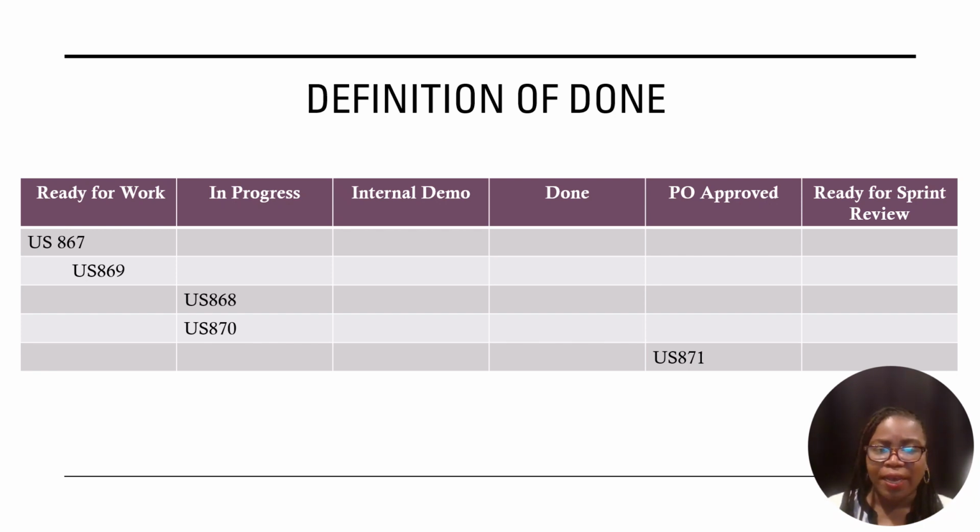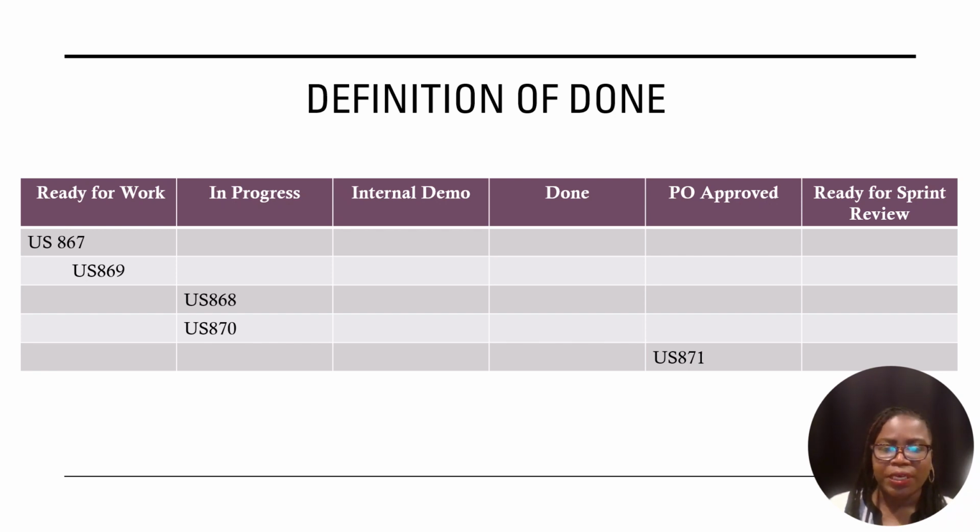So ready for work items were moved to in progress when all of the elements of a user story were included in Jira. And then this in progress step is where those definition of done elements show up, like maybe it's in code review or maybe it's an architectural design review. It's in progress. And so any work item that was going through the list of items that we included for a definition of ready, it'd be in progress. Once it